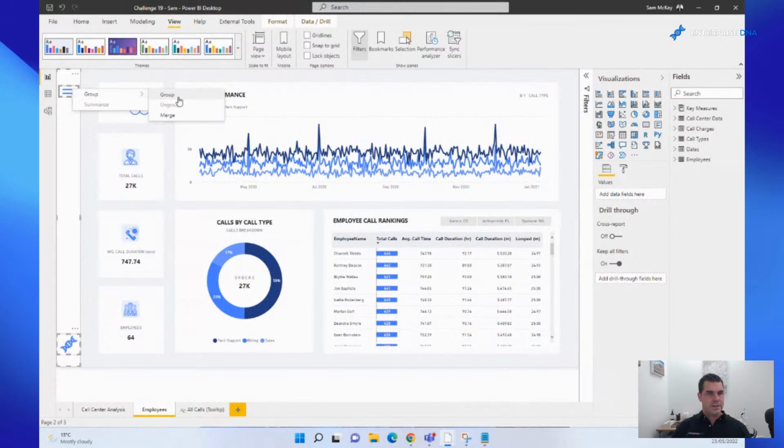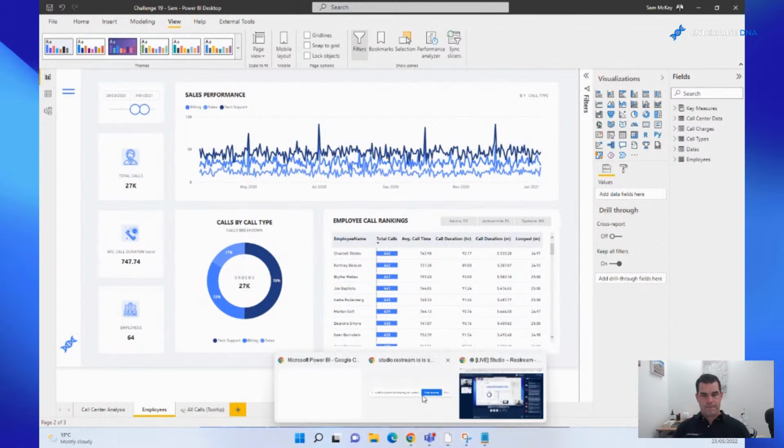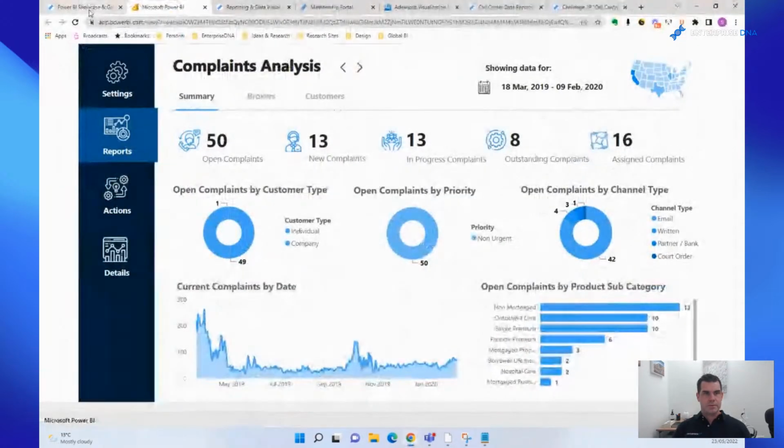I can group it, and then if I wanted to, I can copy and paste this into another Power BI report, and then very quickly get that same look, that same navigation experience. You then would need to link things up, obviously build actions into icons, into text boxes, etc. But all very quick and easy to do now inside of Power BI. Okay, so let's move on to the next one.